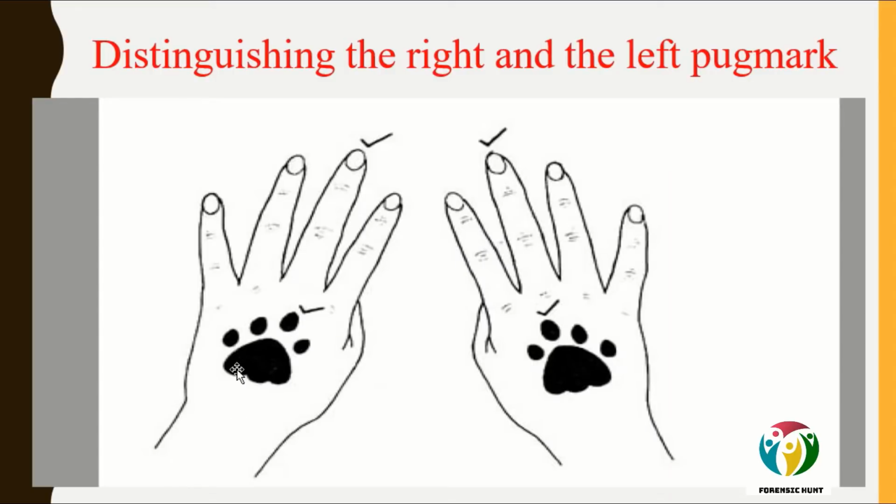That is, in their left limb, the 3rd toe from the left is the farthest one. And if you take your right hand, you will see the 3rd finger from the right is the longest, and this occurs in the tigers too. If you count the toes from the right side and you get the farthest toe at the 3rd point, then you will know that this impression comes from the right limb. So if we cut the whole thing short into one line, if the farthest 3rd toe is present from the left side, then it belongs to the left limb, and if it is counted from the right side, then it belongs to the right limb.